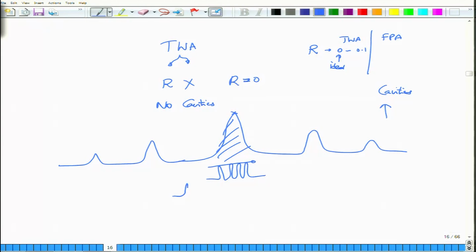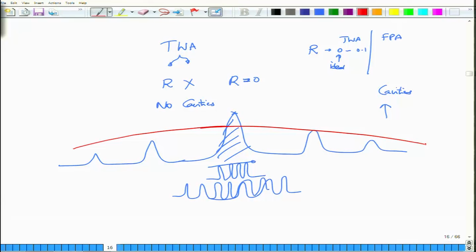But if your channels go around this region, then you are in trouble, because some of the channels will see lesser gain. The travelling wave amplifier overcomes this problem. It gives you almost equal gain, independent of frequency. So, this is the travelling wave amplifier, but the gain peak value is actually quite small.